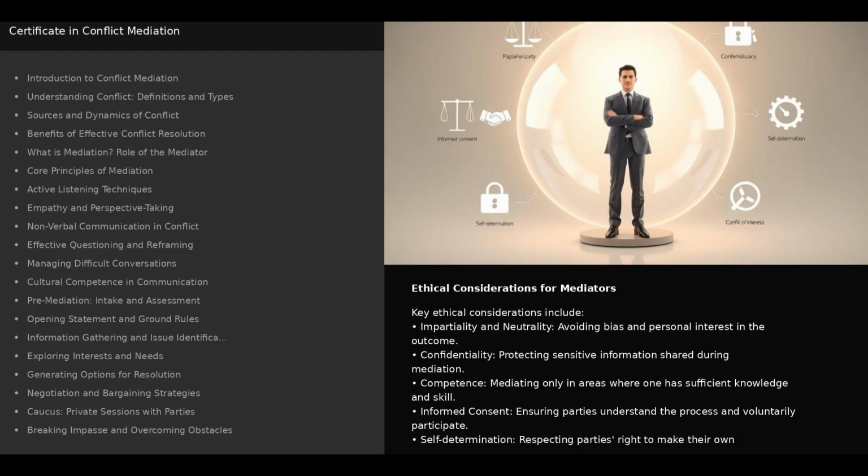Key ethical considerations include: impartiality and neutrality, avoiding bias and personal interest in the outcome; confidentiality, protecting sensitive information shared during mediation; competence, mediating only in areas where one has sufficient knowledge and skill; informed consent, ensuring parties understand the process and voluntarily participate; self-determination, respecting parties' right to make their own decisions; avoiding conflicts of interest, disclosing any relationships